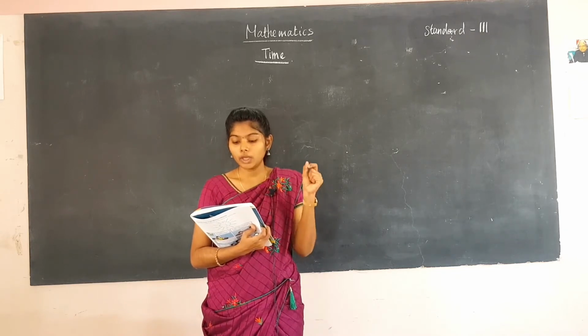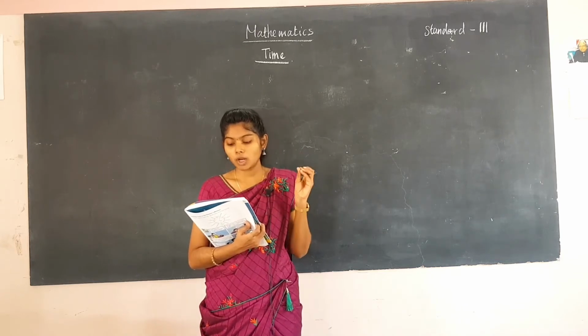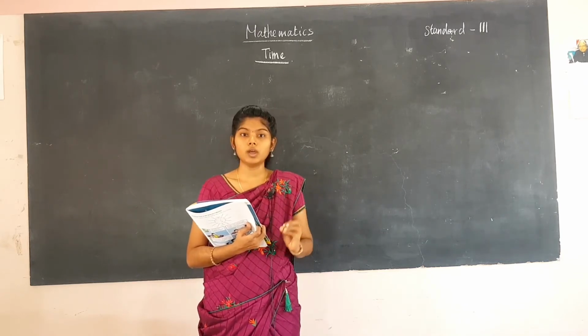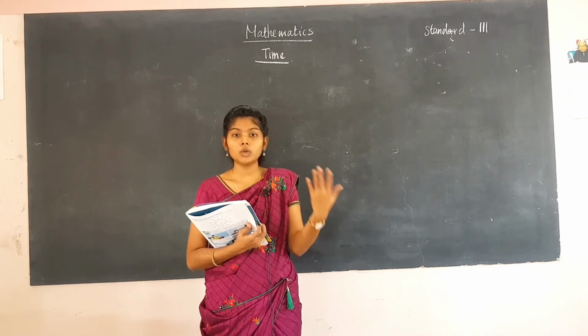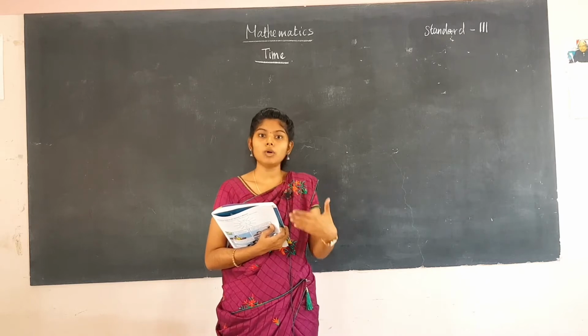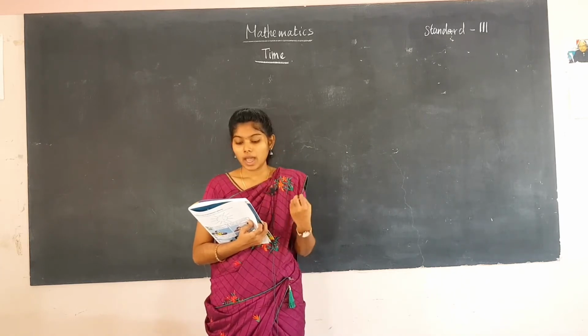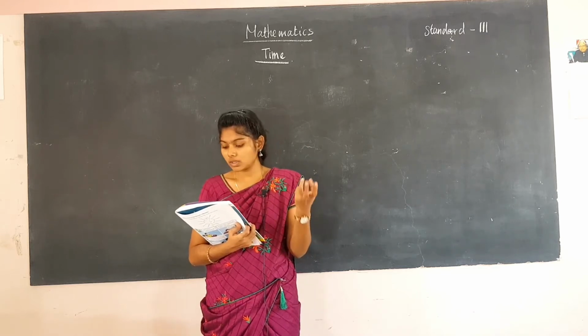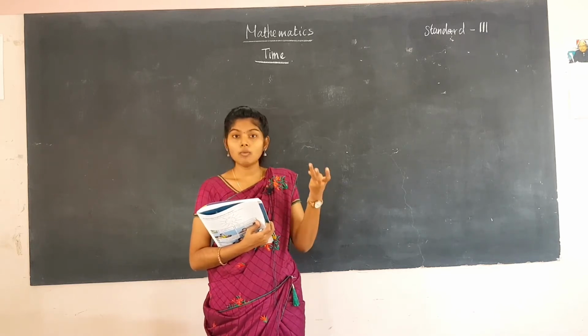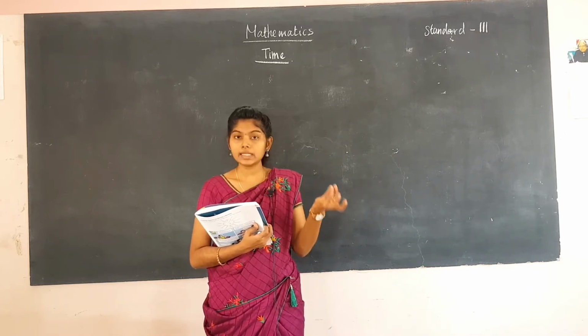Select an appropriate unit to measure time, and then you will come to know how to use the appropriate unit. So the units are AM and PM, where to use AM and PM, tell time in AM and PM. So you will come to know where to say AM and where to say PM, and explain the relationship between hours, minutes and a day. So you will come to know the comparisons and the relationship between hours, minutes and a day.